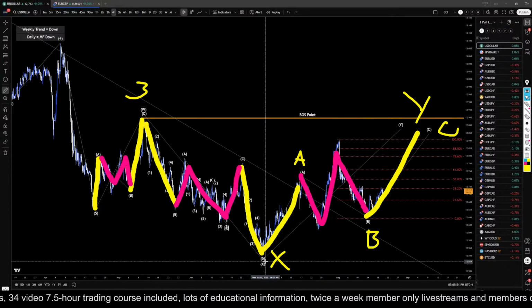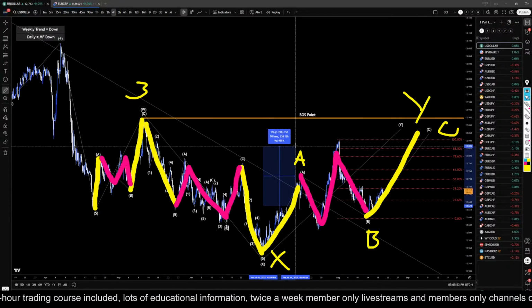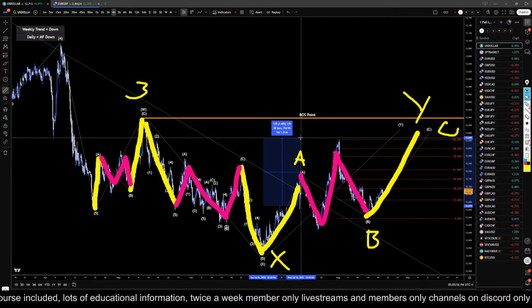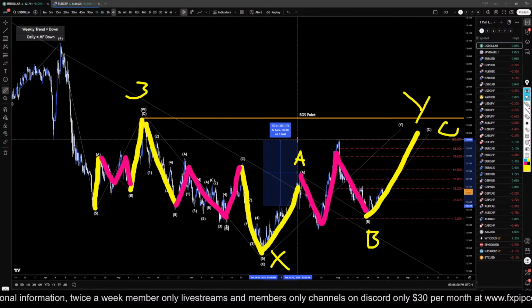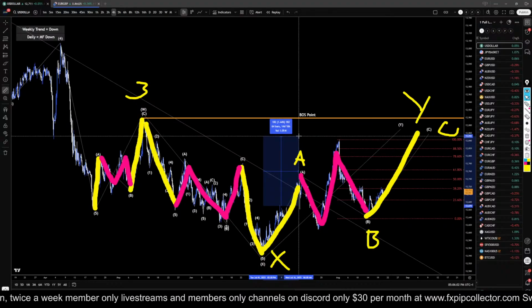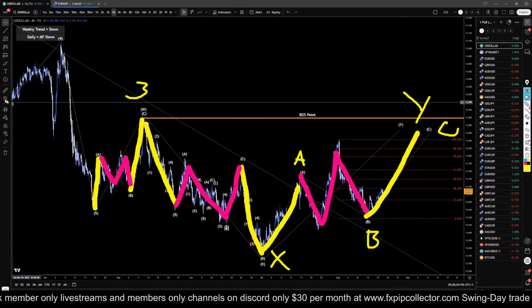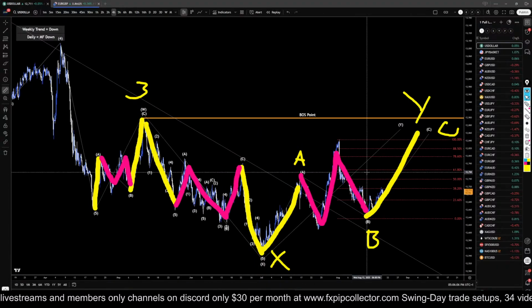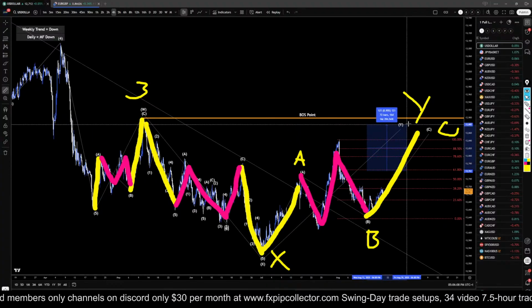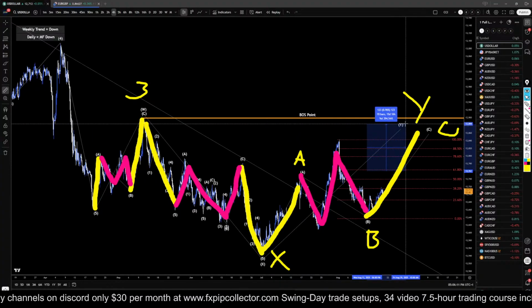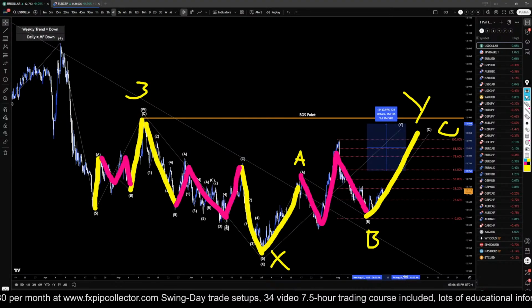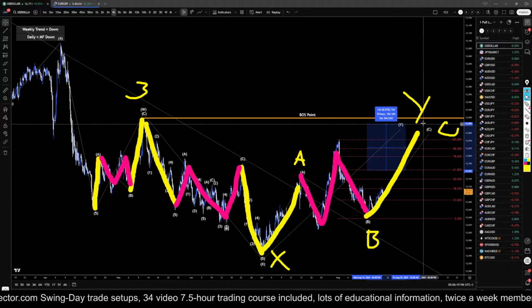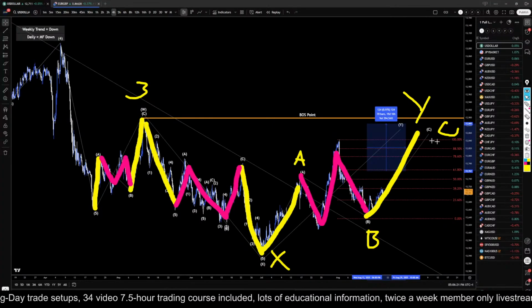How long did this wave A take? In the time scale, it took about 15 trading days, so about 3 weeks for this move to play out for the wave A. So you would expect something very similar for the wave C, about a 15-day move, give or take a few days. That puts us until the end of August, maybe the beginning of September, when we would potentially have the continuation of